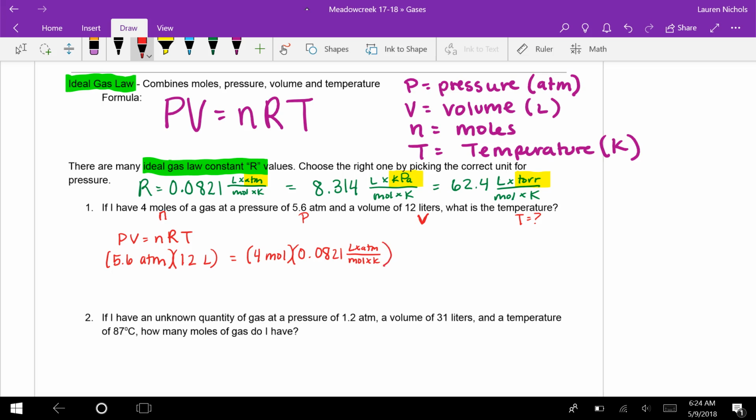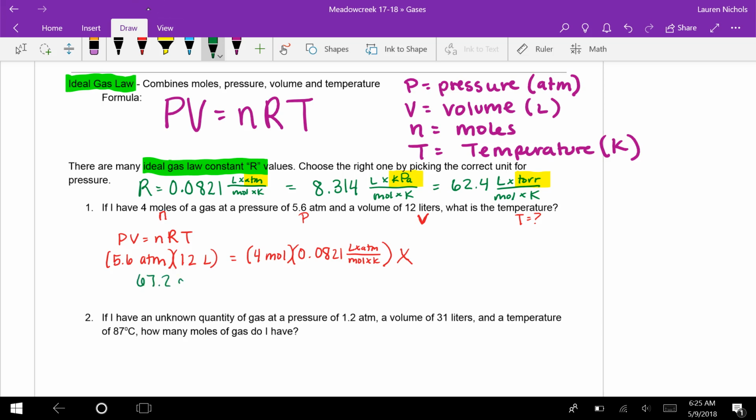And then we have T for temperature. Now we can leave the T here, or I know many of you would like to substitute the T to be the variable x. That way you know what you're solving for. It can be solved either way. And so what I'm going to do first is simplify both sides. If we simplify the left, by multiplying 5.6 times 12,